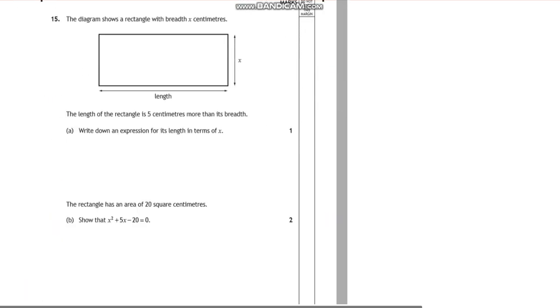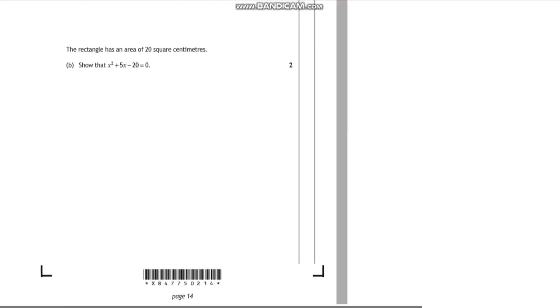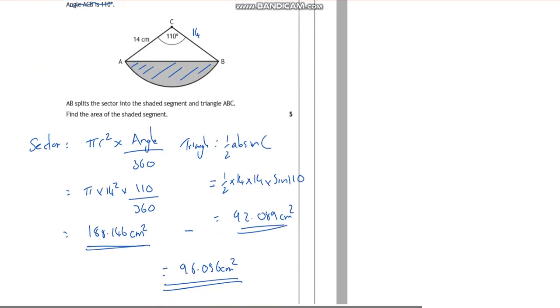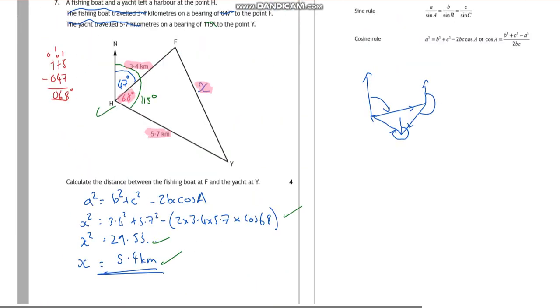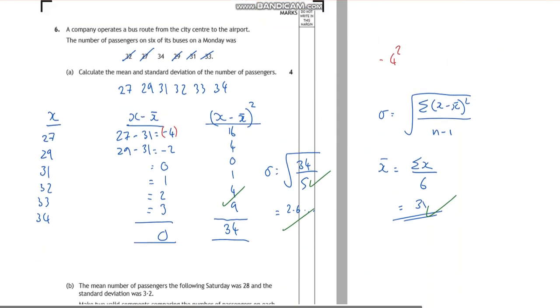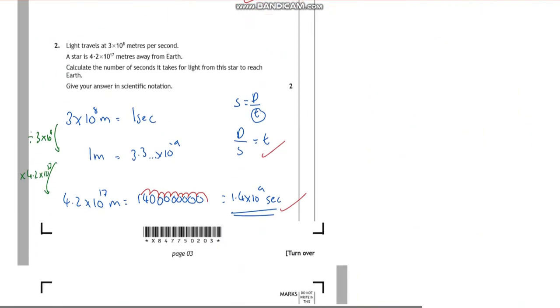Okay, so question 9, getting there. We're about halfway now-ish. Question 15, 17, yep, about halfway there. So hopefully you're thinking this is going quite well. We've had some sector, area of a triangle. We've had our cosine rule. We also had the sine rule up here. A little bit of standard deviation. A tiny bit of factorising. Some